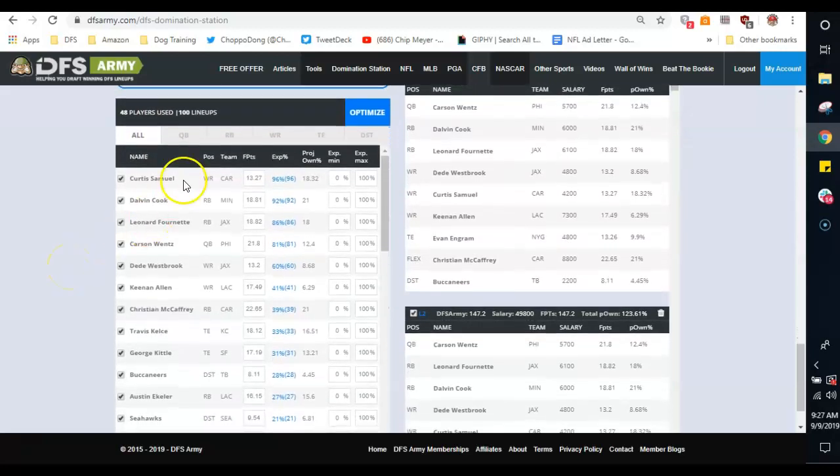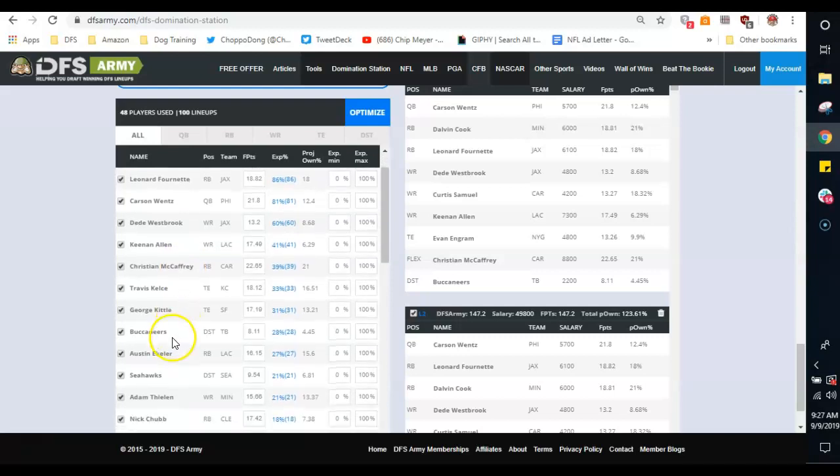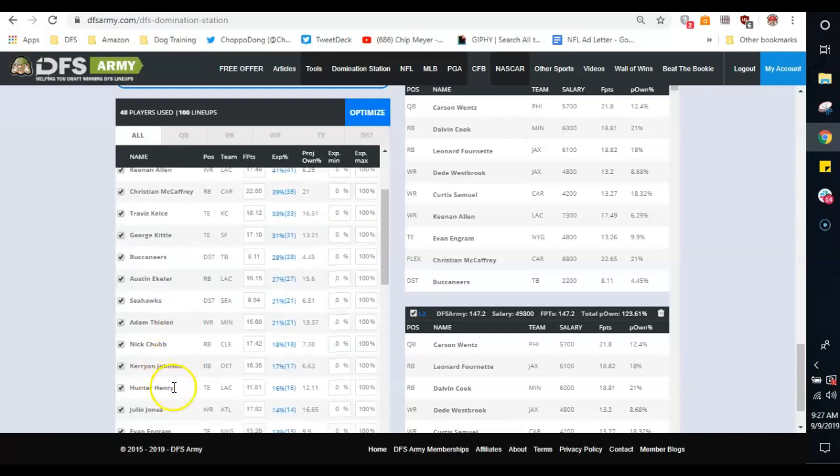And this core, of course, Curtis Samuel. Wide receivers, I can take or leave. I'm going to lean towards them and I'm going to look at it, but I'm really watching quarterbacks and running backs. Dalvin Cook, Leonard Fournette, Carson Wentz, maybe a D.D. Westbrook because he was cheap, Christian McCaffrey, Travis Kelce, George Kittle, Austin Ekeler, Thielen, and now you're down to the Chubbs and Johnsons. So when the industry is touting up your Johnsons and your Chubbs and all that good stuff,